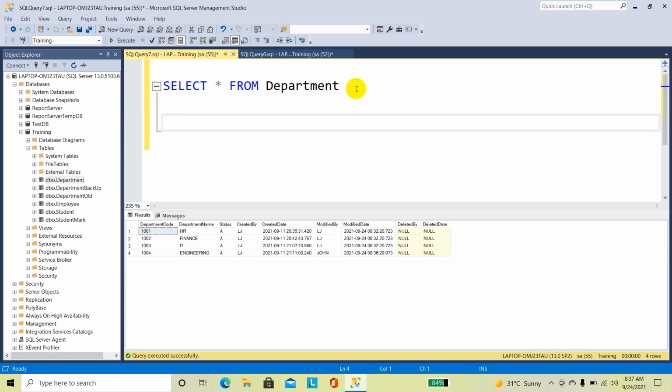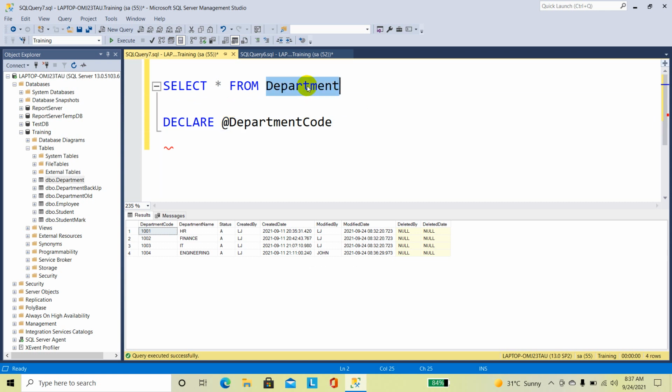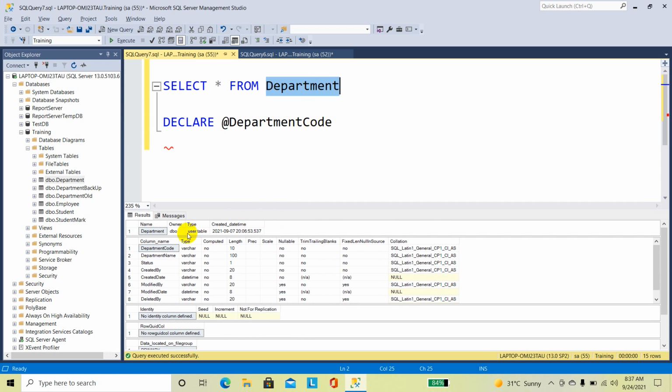Now I am going to declare 3 variables here. The first one is declare @department code. So first we will check what is the data type of department code. Here the data type is varchar of 10. So I am going to give the data type varchar of 10.